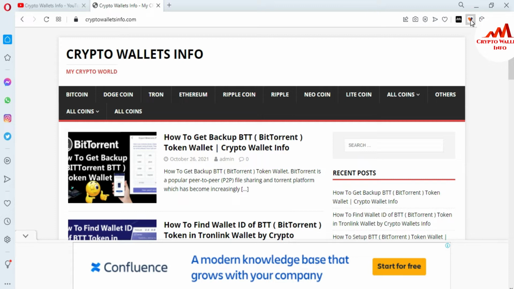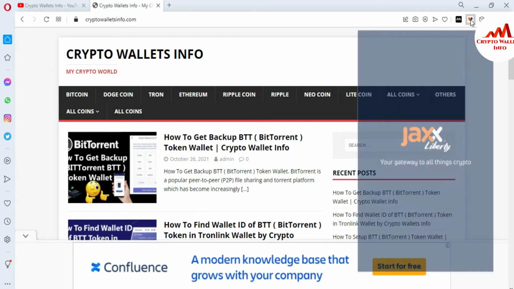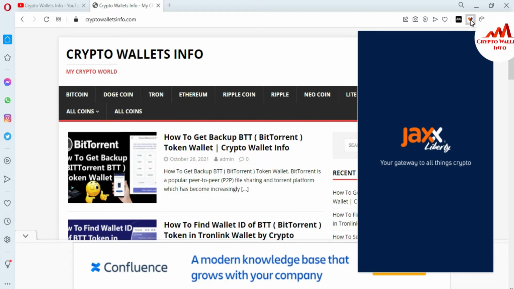So now I'm going to open my Jaxx wallet Chrome extension, and today we are going to find wallet transactions from Jaxx wallet. Yes, this is possible. You can easily use your Jaxx wallet to find the final balance of any Bitcoin, Ethereum or Litecoin wallet, depending on whether you already have the wallet address.